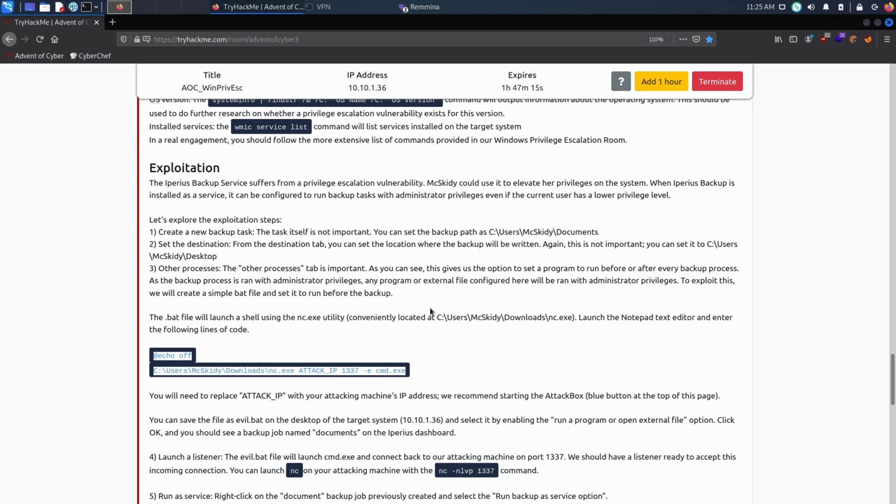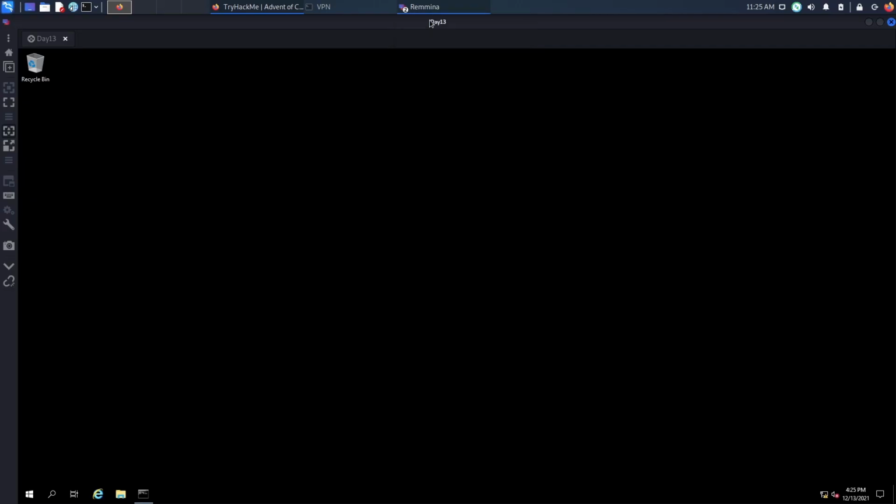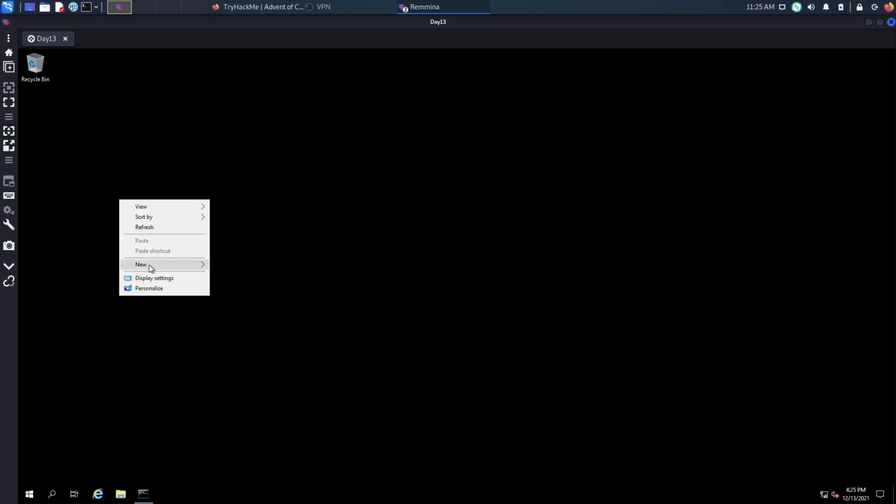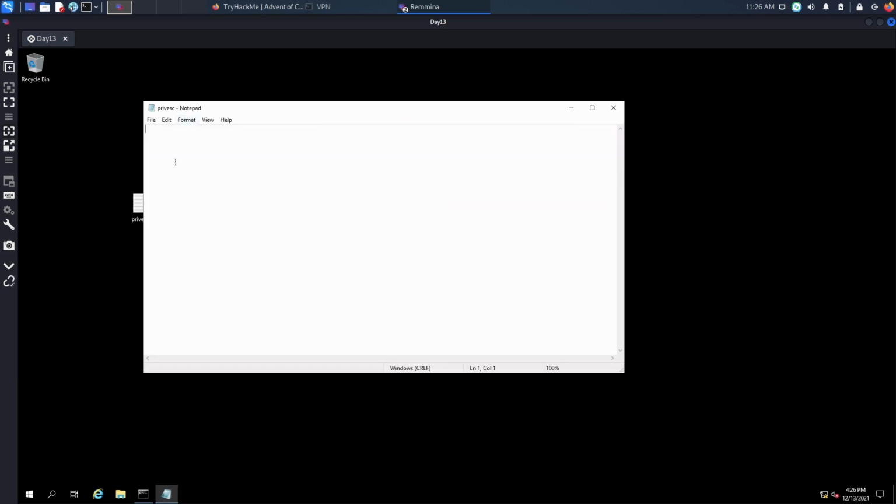So I will go step by step. You can read it here in full detail, but still I'll try to explain step by step what we're doing because this is so cool. So let's create a script here. Let's do a text document and call it evil, for example, or let's call it Privesc. Let's do Privesc, and we'll need to change the file type of